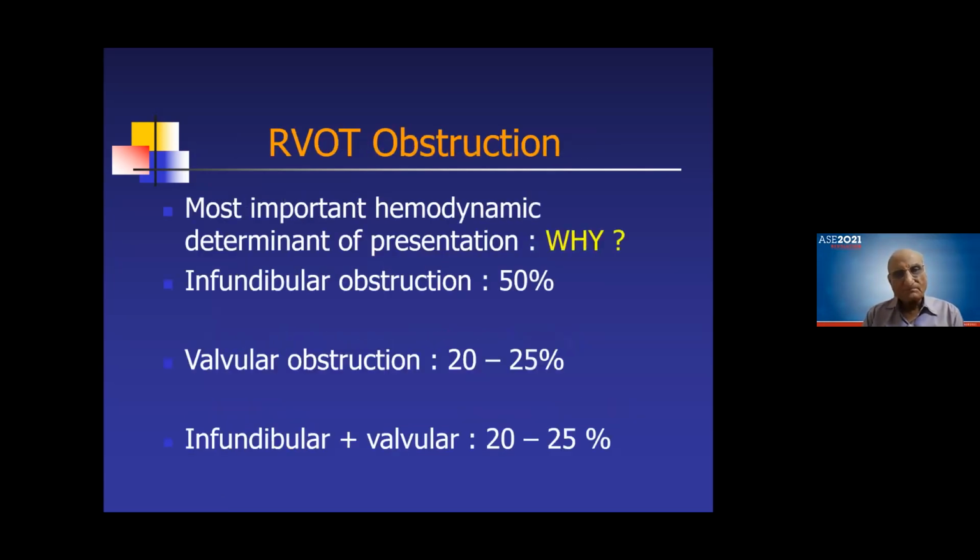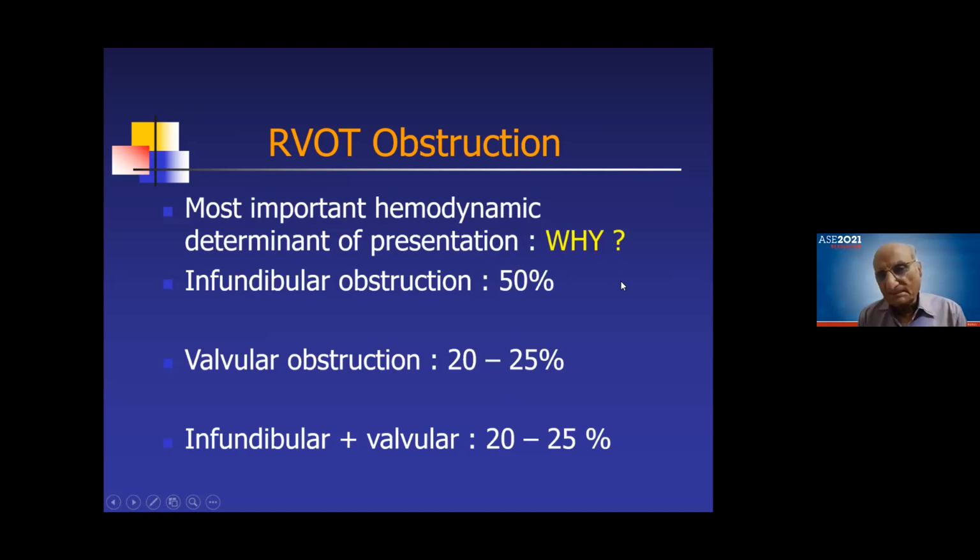It is the most important hemodynamic determination. The more severe the pulmonary stenosis, the more severe will be the RV obstruction, because the RV is draining blood into the pulmonary artery. If there is a pulmonary stenosis, the more strain is always on the proximal chamber. So there is a significant increase in pressure in the right ventricle, as a result of which the RV will show a right to left shunt.